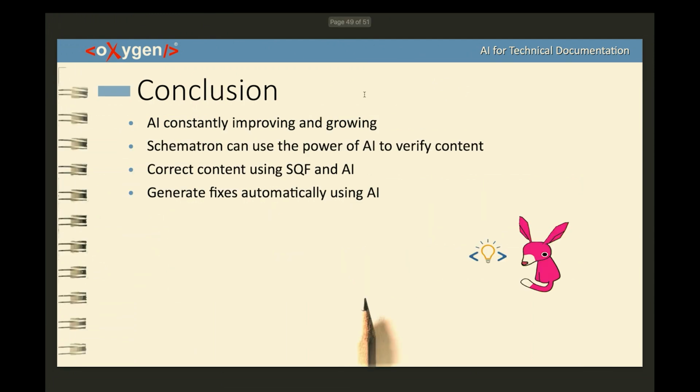Okay. So as a conclusion, let's say AI is constantly growing and new models are coming out, and you can do a lot of things. You can implement a lot of actions, but you can also use these automatic fixes using Schematron quick fix, or using Schematron to verify documents using AI, and this will help you to spot exactly the places where you want to correct the problems or what you want to correct